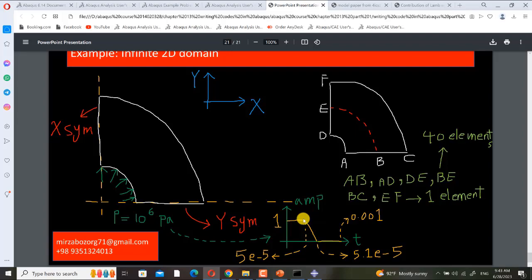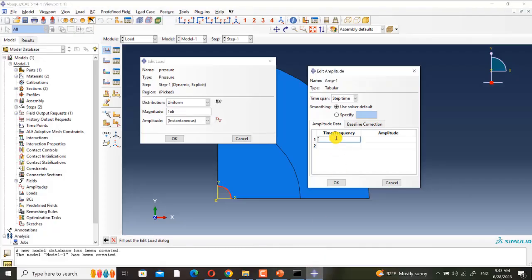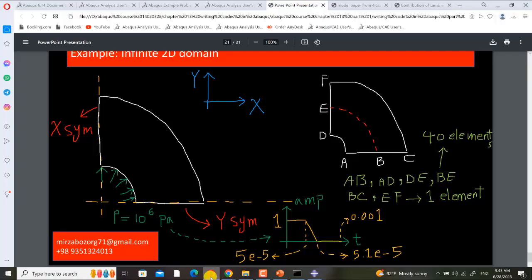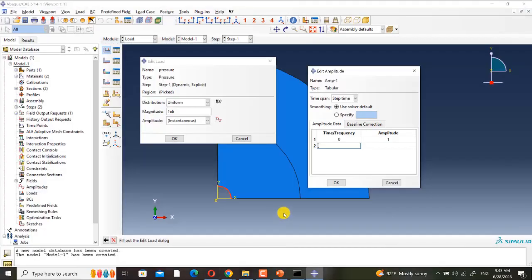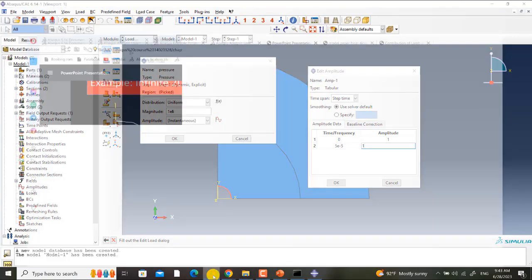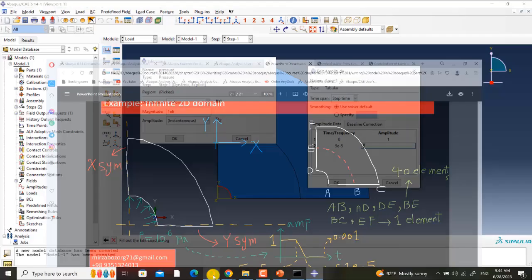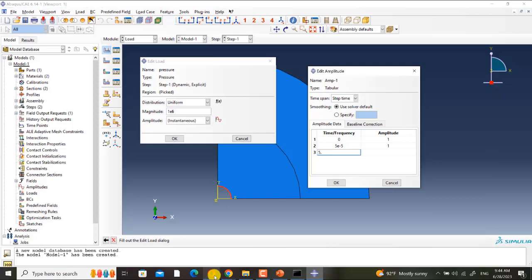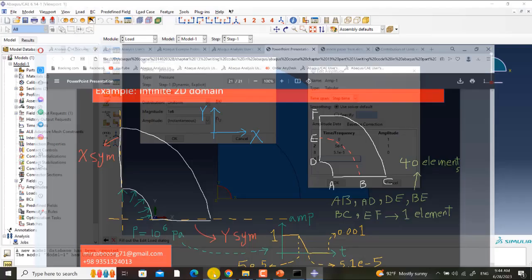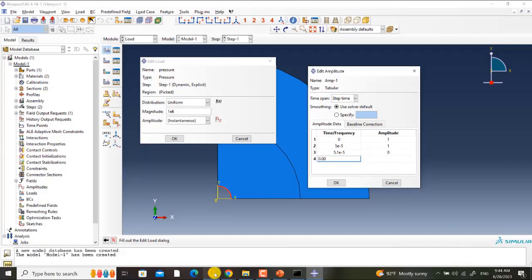Okay, it's similar to impact. At 0, it is 1. At 5e-5, it is 1 again. At 5.1e-5, it is 0, and also until 0.001, it is 0. Okay, very simple.